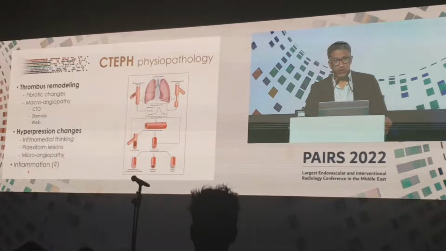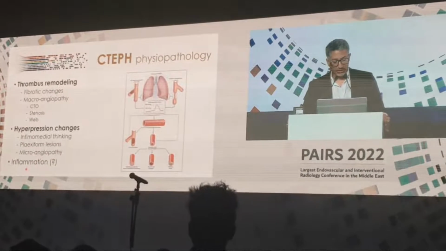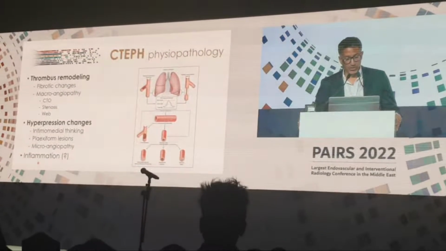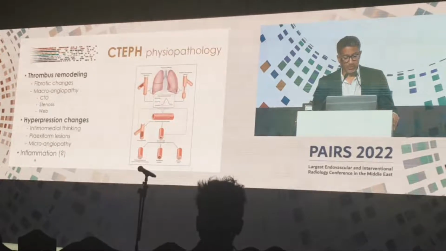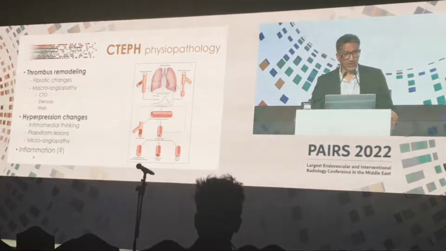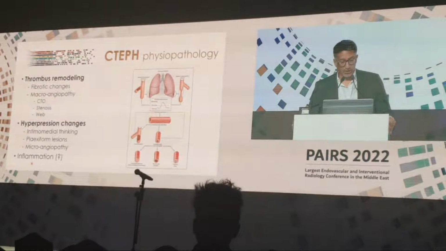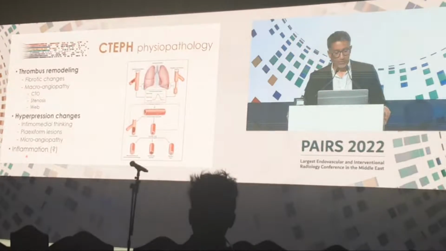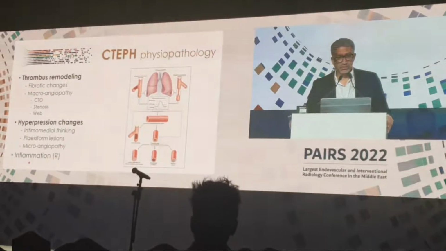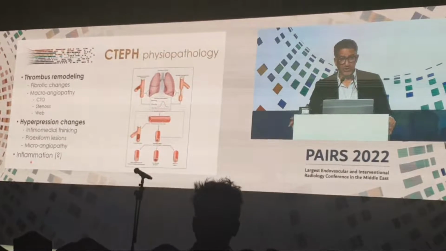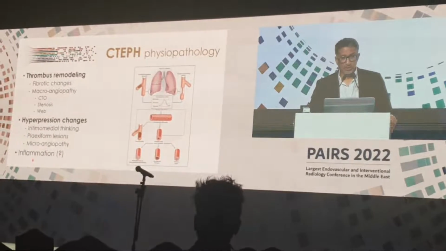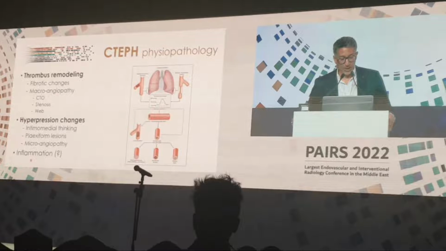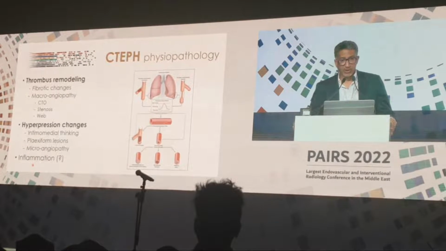Now, the morphologic changes in the arterial system are in 3 categories. The first one is the thrombus itself, with some remodeling and fibrotic changes, and this is what we recognize as a microangiopathy, which includes stenosis, webs, and membranes inside the vessel, and also total occlusion. It is important to understand also that the hypertension itself will induce some changes specific to hypertension, such as intimomedial thickening and some very distal microangiopathy, that are not necessarily visible on morphologic